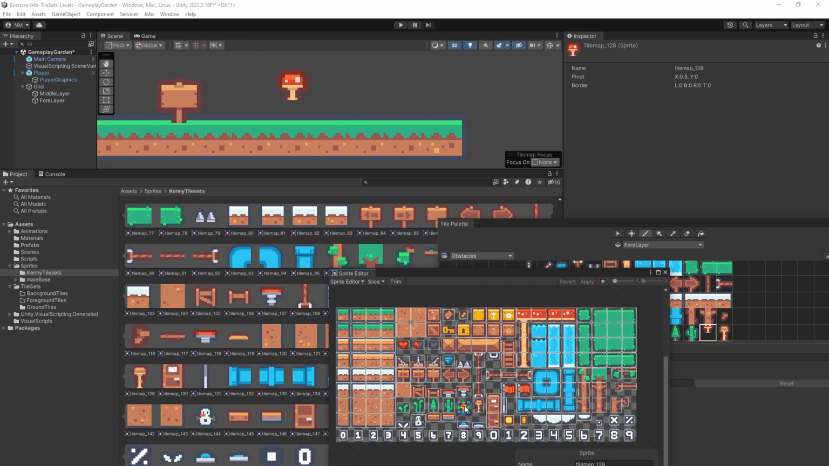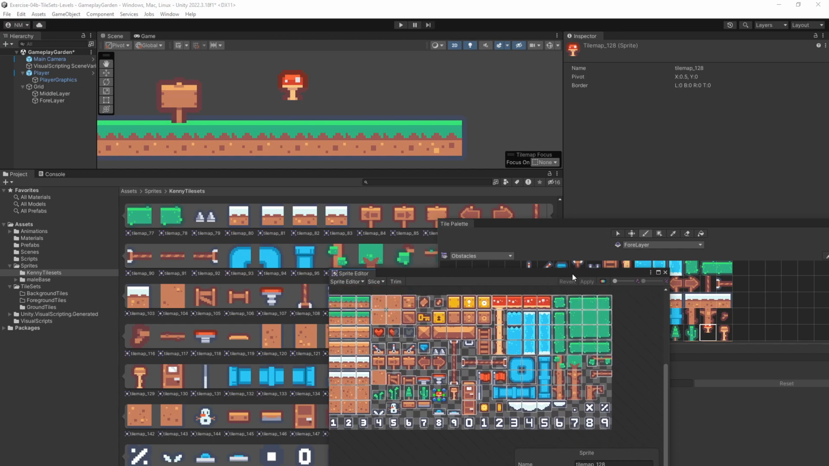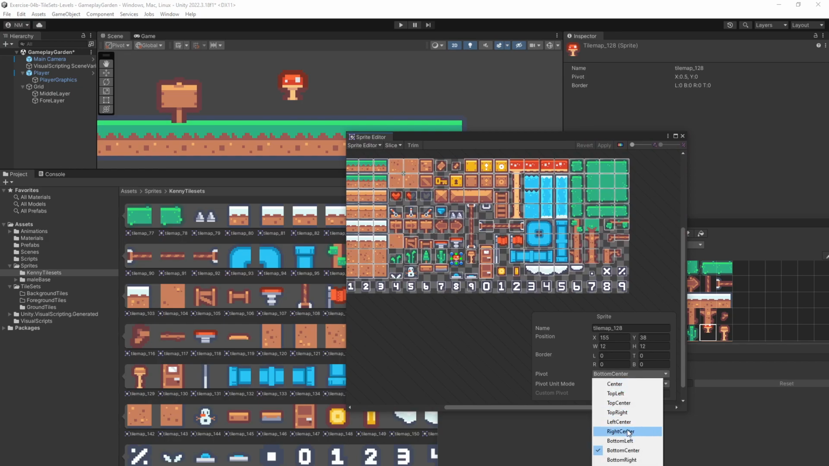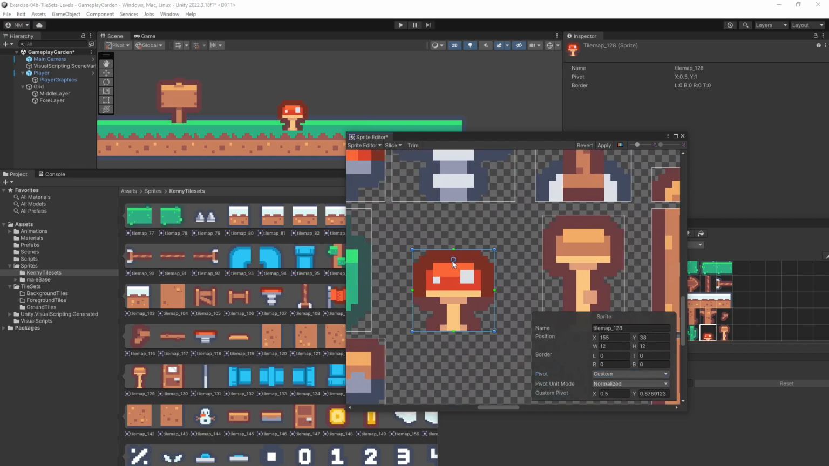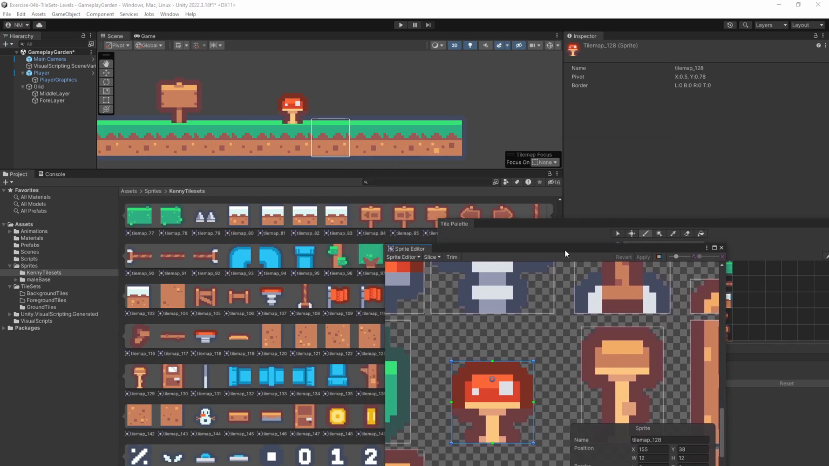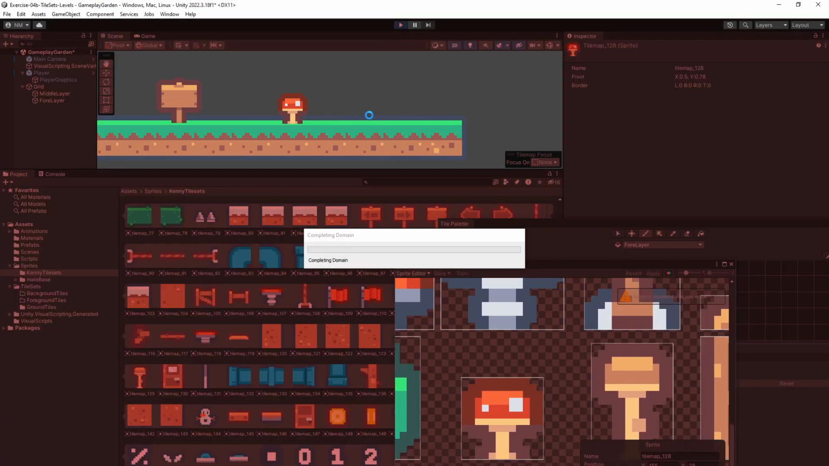Okay, let's do the opposite. Let's make its pivot to be top center. Okay, not perfect either, but maybe if I do a custom, move it down a little bit, maybe down a little bit more. There we go. Now it looks like it's in the ground. That's what I want. So now when I play,